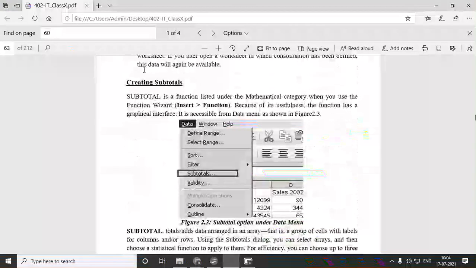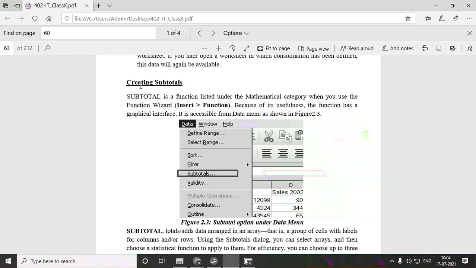Creating subtotals. So what do you mean by subtotals? Suppose you are purchasing something from the shop and you want the total of that. Instead of shop, I'll give you one example. Suppose in your class 65 students are there, and each student has 6 subjects, with different marks out of 100 in different subjects.